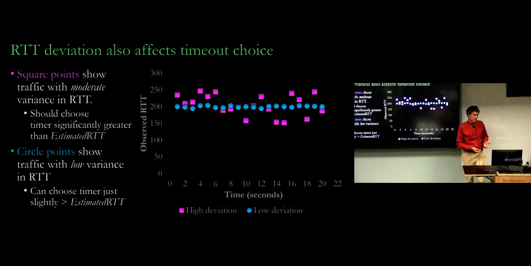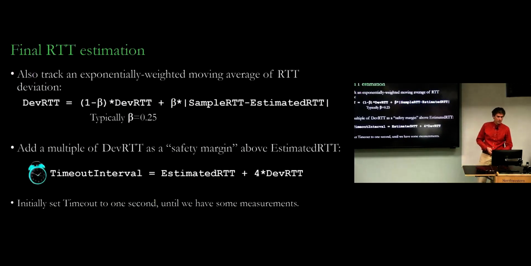Well, you do it in exactly the same way that we calculated the round trip time. You calculate a moving average of the deviation. Okay? So your current estimate of the deviation is based on your previous estimate plus your latest sample. So what do I mean by sample? You take your current round trip time and you calculate the difference with what your estimate was, and that tells you what the deviation was for this last step.